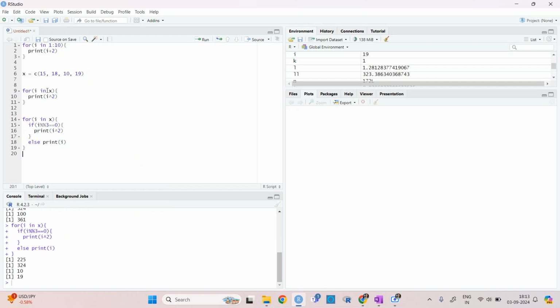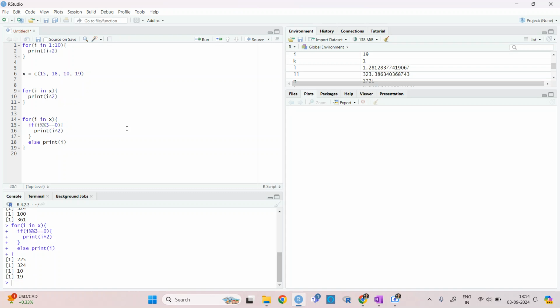So what happens is that I have given for i in x, so i will be 15, 18, 10, and 19. If it is divisible by 3, i modulo 3, that means the remainder is equal to 0, then print i square. 15 is divisible by 3 and 18 is divisible by 3, so it will print 225, and for 18 it prints 324. Now if it is not divisible by 3, then print i. 10 is not divisible by 3 and 19 is not divisible by 3, so it prints 10 and 19.